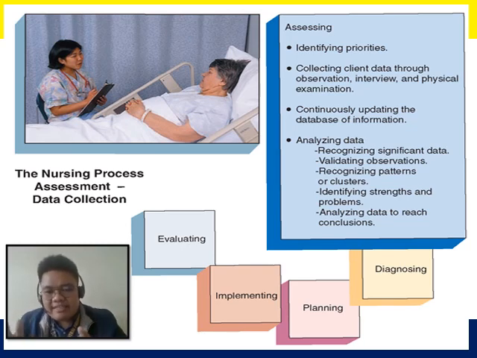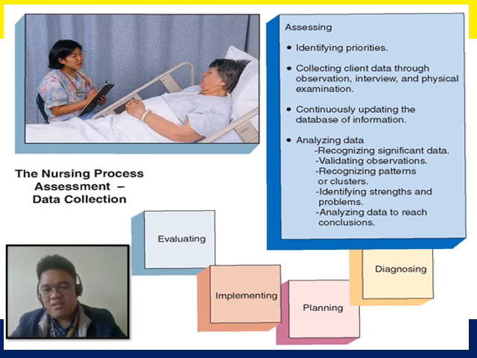So we need to recognize significant data. We need to validate our observations and recognize patterns or clusters. Let's say, for example, if I'm talking about a patient with hypoglycemia, a patient with hypoglycemia would have signs of diaphoresis or excessive sweating. Okay, cold extremities for that matter, inability to focus. So these are clusters of signs and symptoms that would signal you that the patient may have hypoglycemia. And if your patient is having hypoglycemia, are you supposed to give the insulin injection to the patient? That will be the time that you need to think twice before you inject your insulin. Because remember, your insulin is intended to decrease the blood sugar of your patient. So if you give insulin to somebody who is hypoglycemic, you are aggravating the condition of your patient instead of